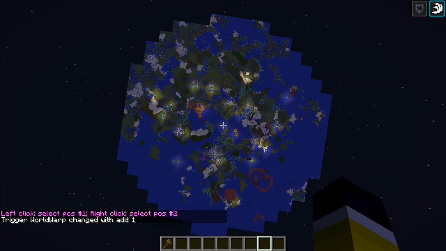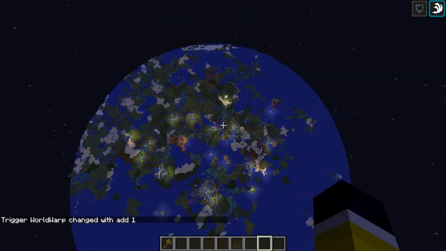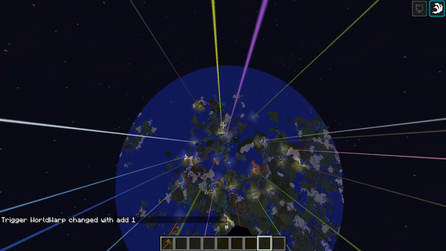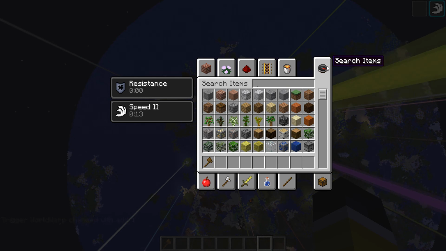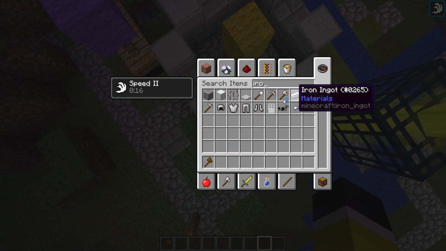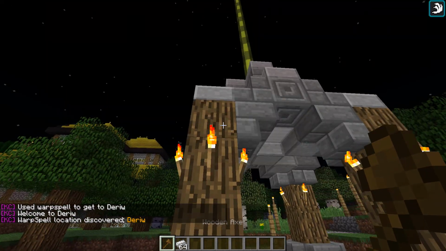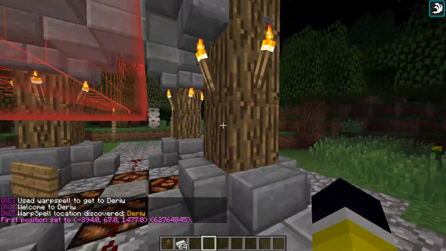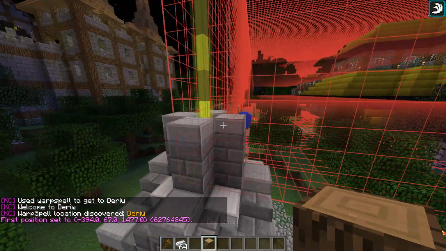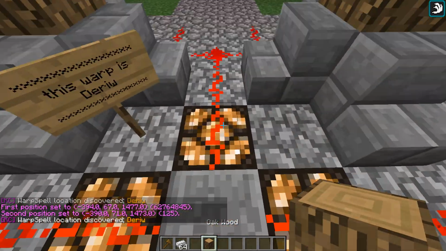Daryl is my own city. It's laid down below the mainland. It's right there next to purple. I need some iron. So let's select it a little bit bigger. So we copy that,